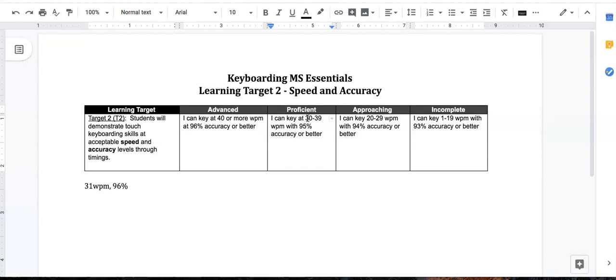Can you key between 30 and 39 with 95% accuracy or better? Yep, you certainly can, because you're in the speed range and it says 95% accuracy or better, so it would be a proficient. So to get an advanced, you'd essentially have to be at that